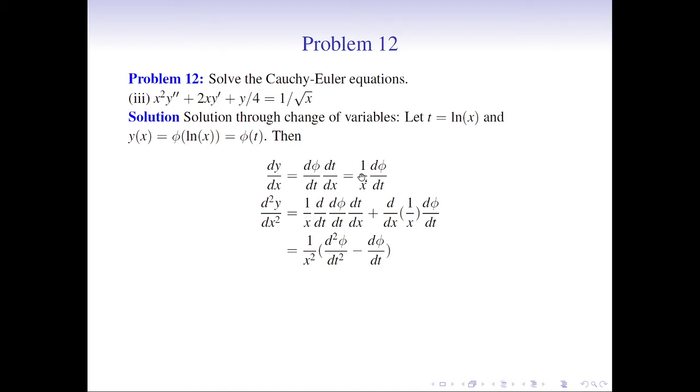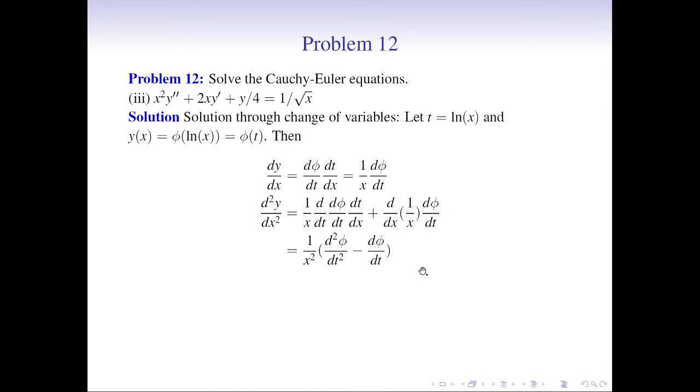We get 1 by x times d by dt of d phi by dt into dt by dx, plus d by dx of 1 by x into this term, that is d phi by dt. Alright, so this turns out to be 1 upon x square times d square phi by dt square minus d phi by dt, okay? Because the derivative of 1 by x turns out to be minus 1 by x square,